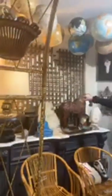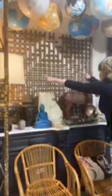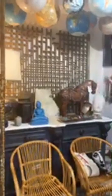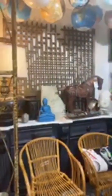You'll see this if you ever saw The Last Emperor. We have a couple of these panels. You can't see it totally clearly now, but there's a diamond shape in the middle. This is like an old version, for the very wealthy Chinese back in the day, of a drop ceiling. Nothing is screwed in, there are no nails, everything is hand cut so it all snaps together. And this is what they used to